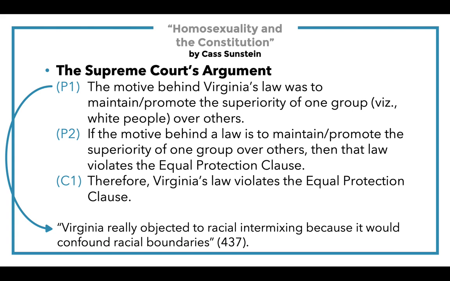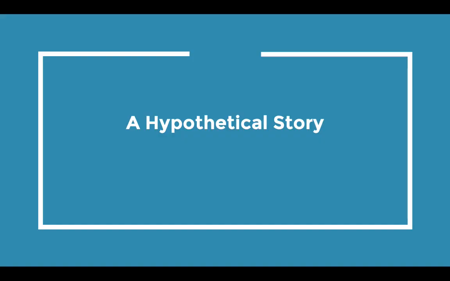There are ways in which that might serve to benefit white people. If we can separate out us from this other group, we can criticize, look down on, or subjugate this other group of people. That seems like what the law was trying to do. But once we allow interracial marriage, we see that things aren't so black and white. Race isn't an on or off switch. So clearly we all think that Virginia's laws against interracial marriage were a violation of the Equal Protection Clause, that they were unfair, unjust, wrong,